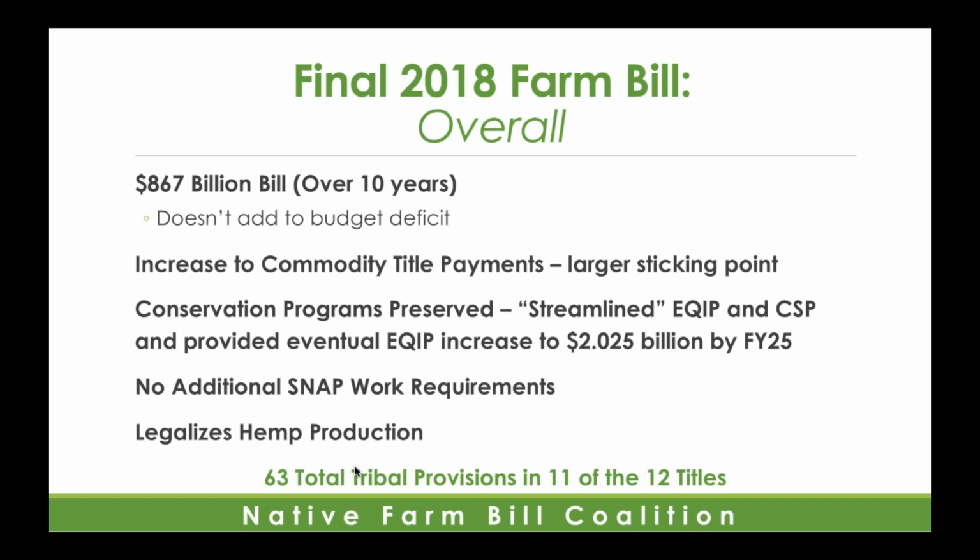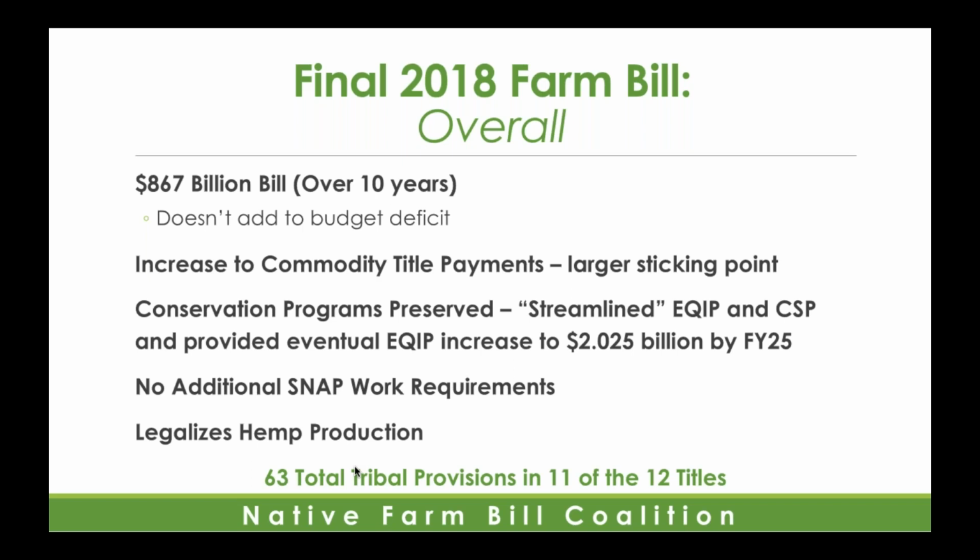As I said before, there are no additional changes to the SNAP work requirements. And this also legalizes the production of industrial hemp in the United States, and we'll talk a little bit about that more in detail. Overall, there are 63 total tribal provisions in 11 of the 12 titles. For transparency's sake, the one that's not included is the energy title. That was probably the slimmest of all the titles, and there wasn't really that much of an ask within that